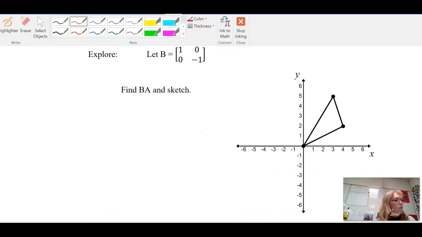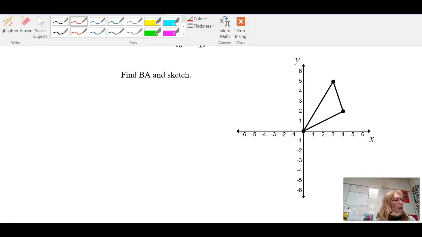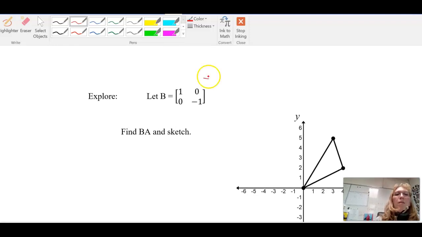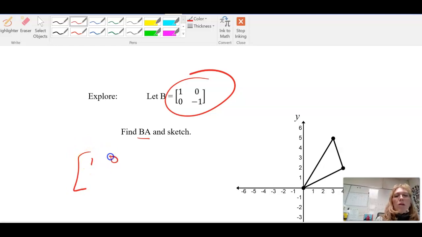Okay, you have 2. Here, whoops, sorry. This is B, and I want to find BA. So this here is going to rotate. This is what's going to happen. So we're going to take 1, 0, 0, -1 times A, which is 0, 0, right here, 4, 3, 4, 2,